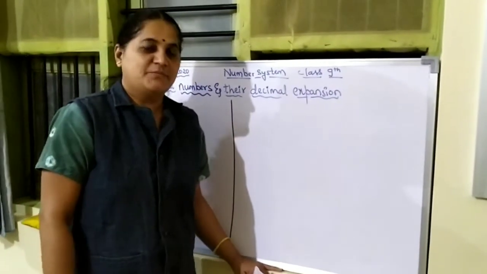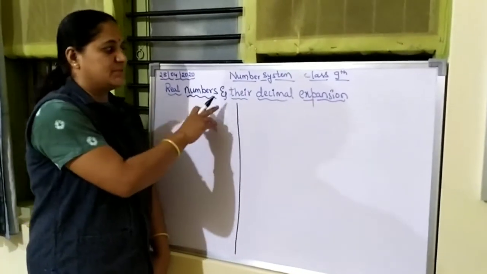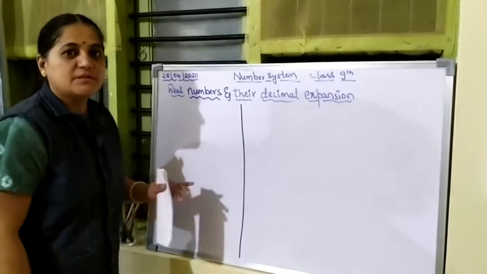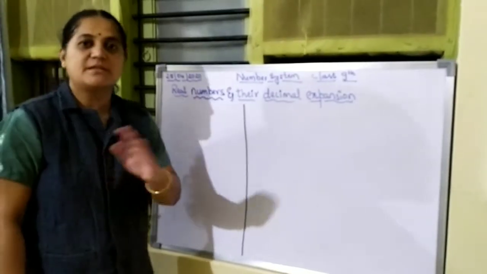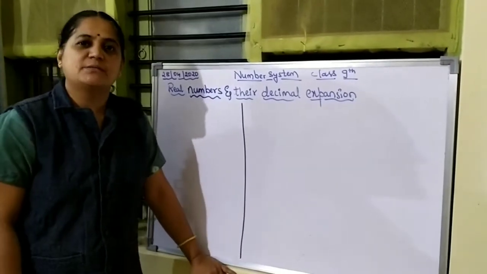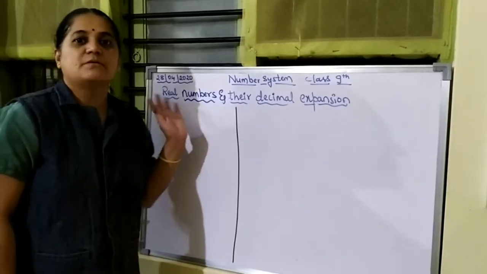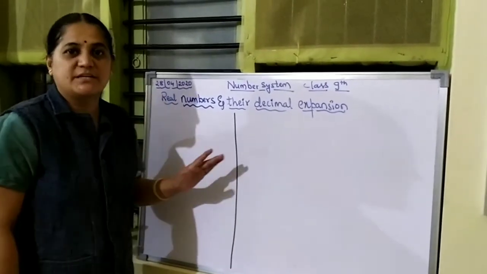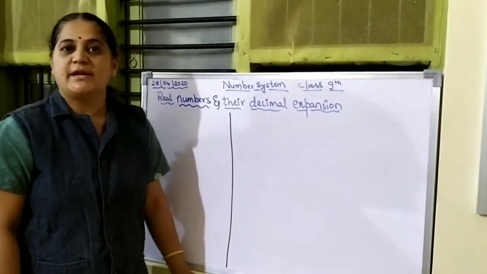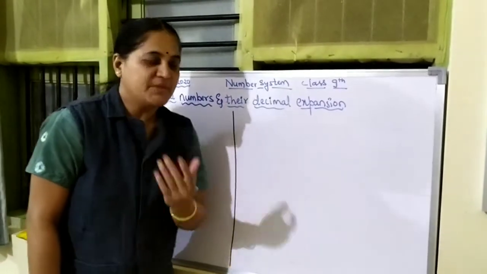Welcome. So today we are learning the concept of real numbers and their decimal expansion. From now onwards we are using the term real numbers. Till now you have learned rational and irrational numbers plotting on the number line. As we know, they both are real numbers, so from now onwards we will call them real numbers, whatever we are doing including rational and irrational. So let us see real numbers and their decimal expansion.